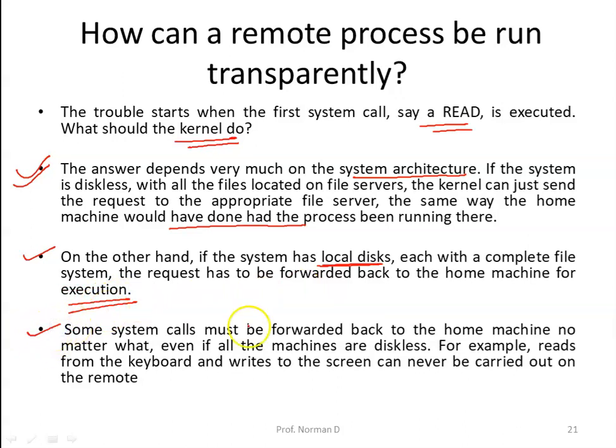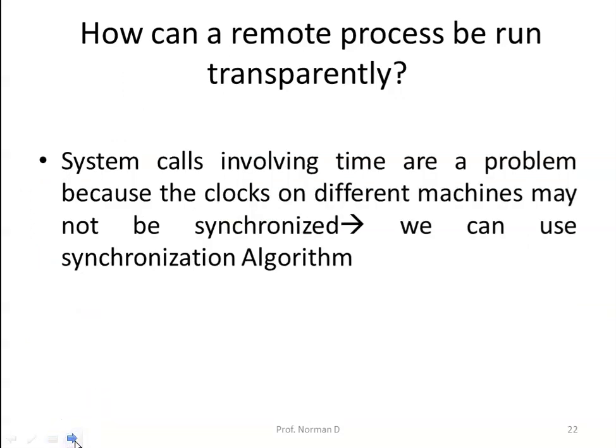Certain system calls must be forwarded back to the home machine no matter what, even if all the machines are diskless. For example, reads from the keyboard and writes to the screen can never be carried out on a remote machine. System calls involving time can also be a problem because different machines have different clocks and they might not be synchronized. We have seen in our previous sessions how machines can be synchronized using synchronization algorithms.